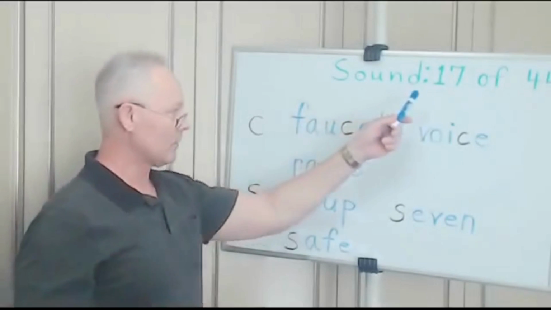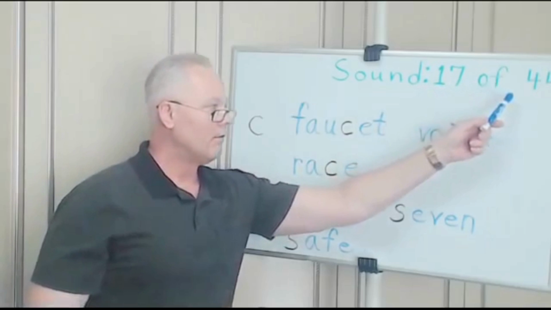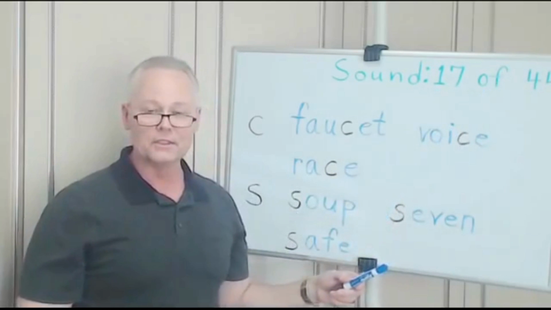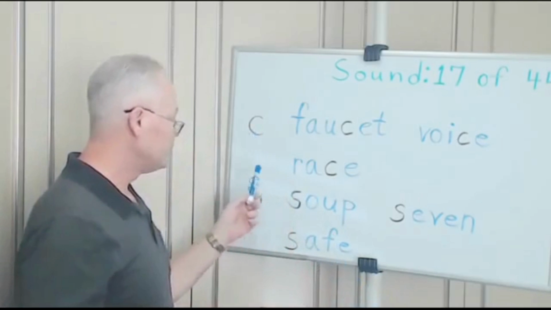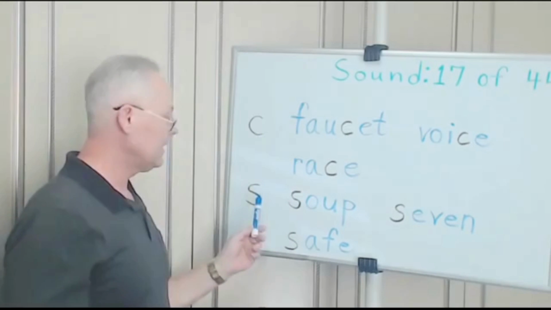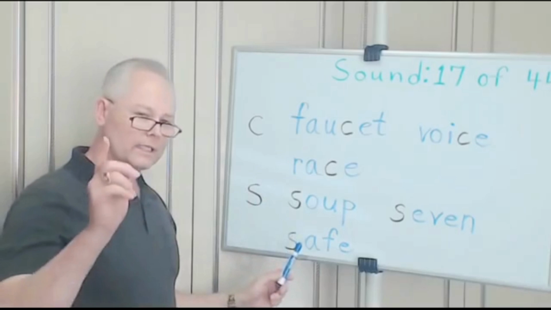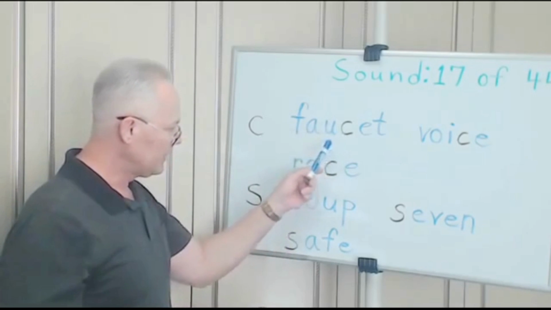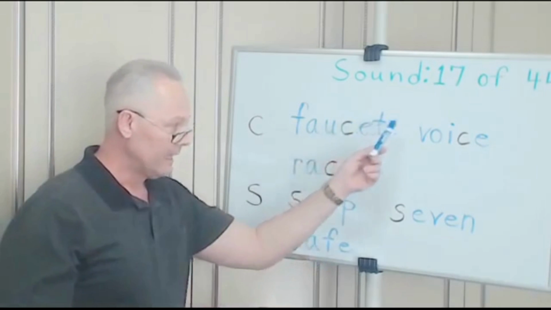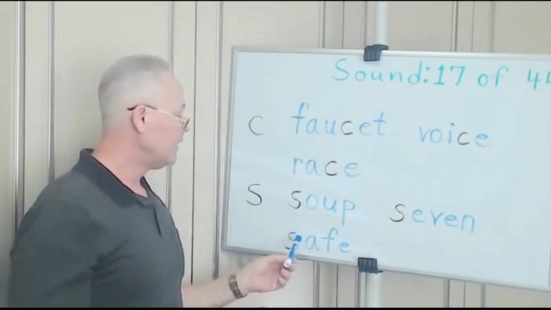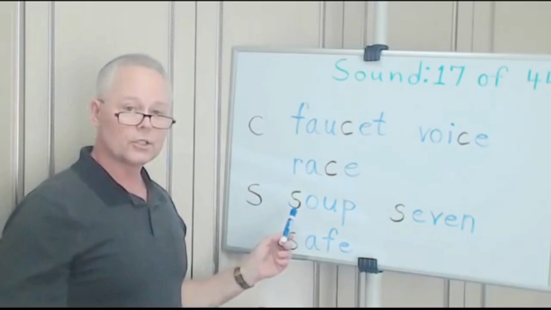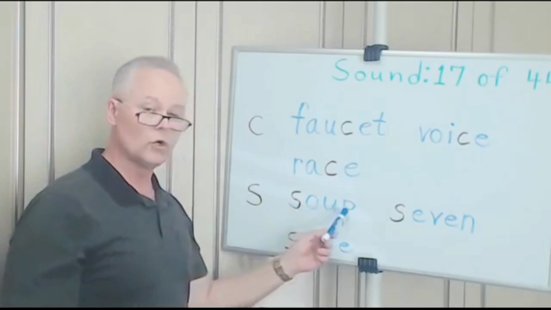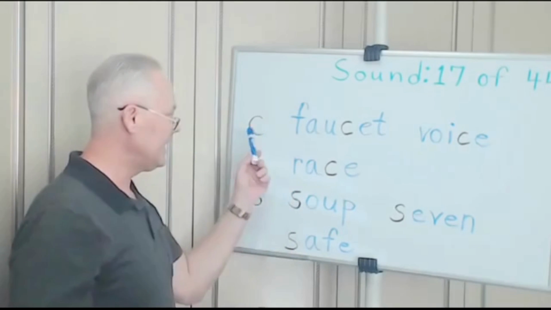Hello. Sound 17 of the 44 sounds that make up American English. Here we have two consonants, the letter C and the letter S. What sound do you think these two letters make in these words? What do you think? S, soup, right? C,